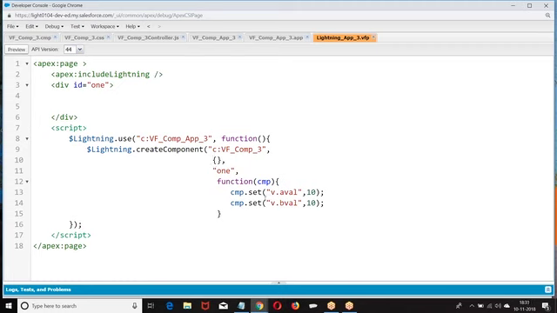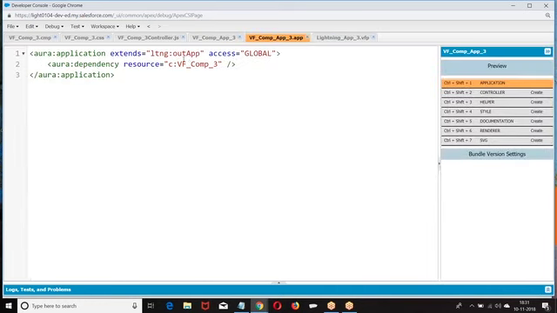One function, $Lightning.createComponent, include one. What was that one? ID I gave. Close bracket. Pardon me. What was the mistake here? Create. Let me give an alert and see whether the functionality was invoked or not. Function create component dependency, did I create here?